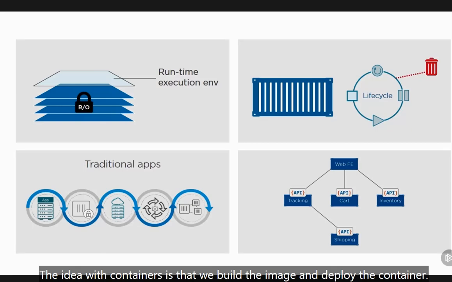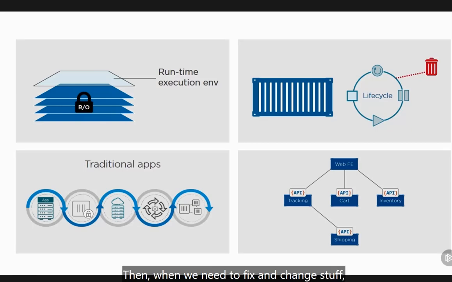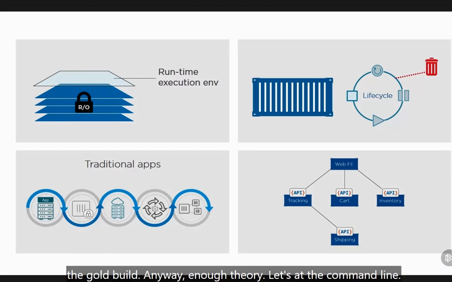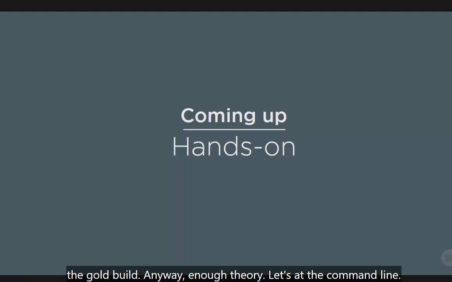The idea with containers is that we build the image and deploy the container. Then when we need to fix and change stuff, we build a new image with the fix, and then we switch out the old containers for new ones. None of this logging on and making fix after fix after fix, which, in my experience, rarely gets reflected back to the gold build. Anyway, enough theory. Let's hit the